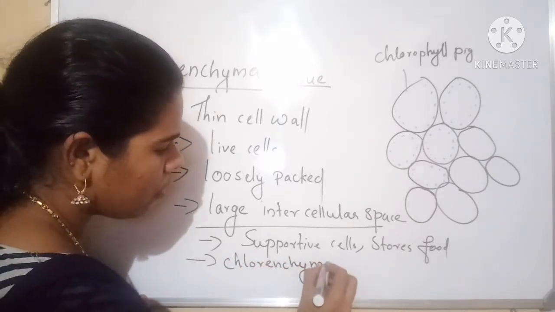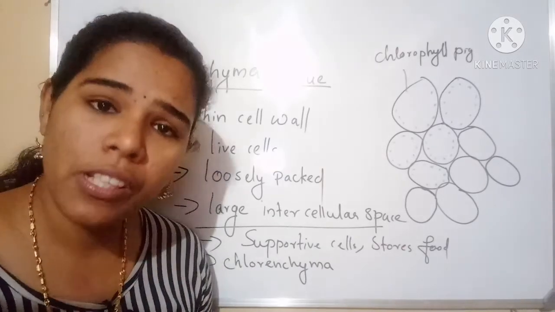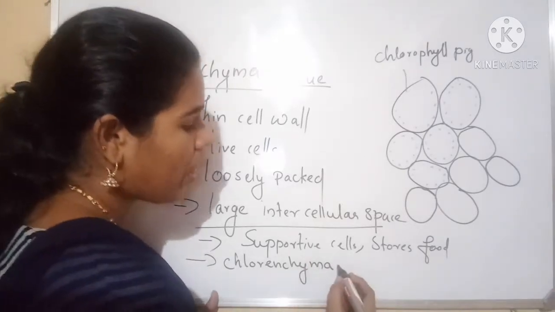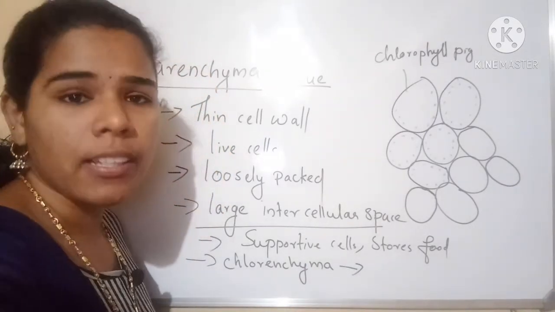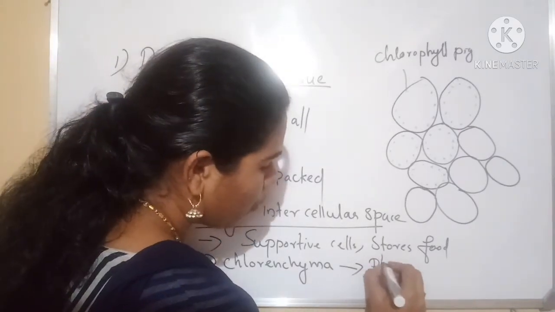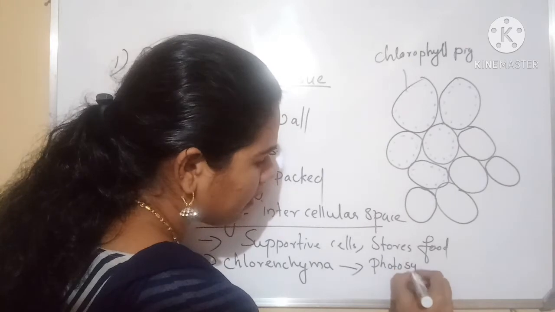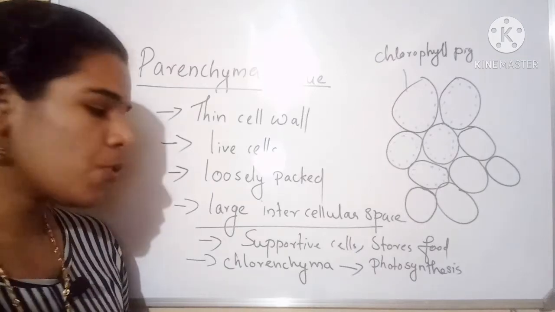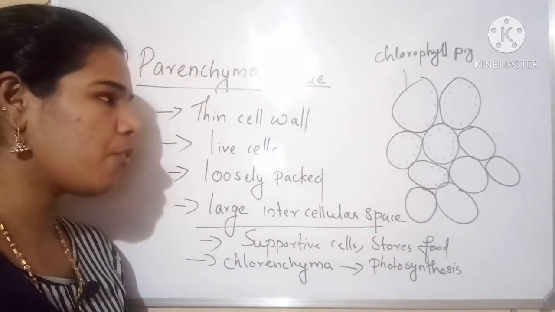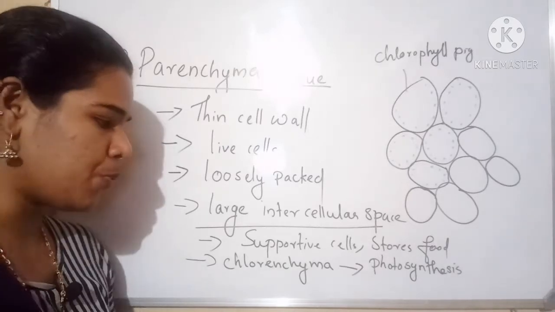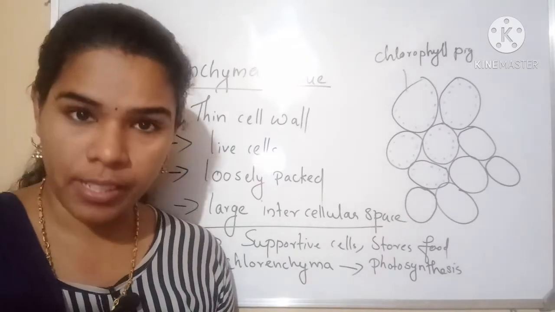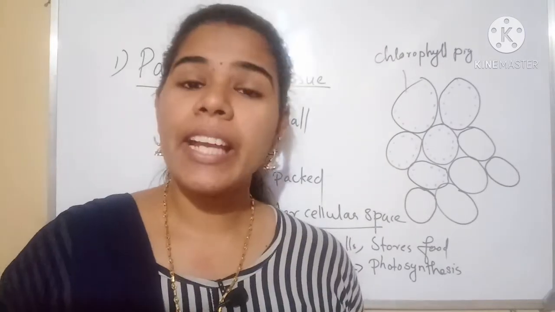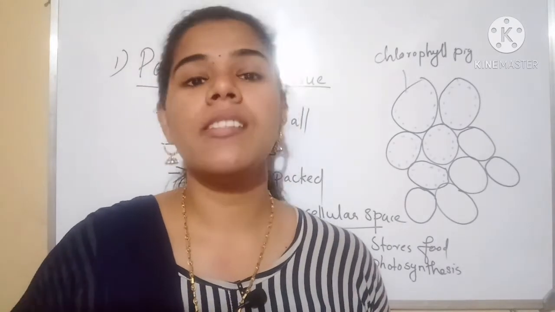Sclerenchyma. We know because of the presence of chloroplast or chlorophyll pigment, this helps the photosynthesis process. Okay, so another important function of these parenchymatous tissues is that they help in photosynthesis because of the presence of chlorophyll pigment. In aquatic plants, which means water plants,